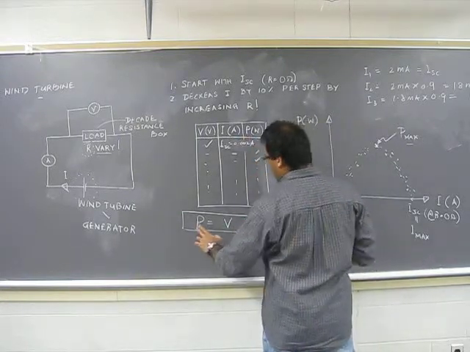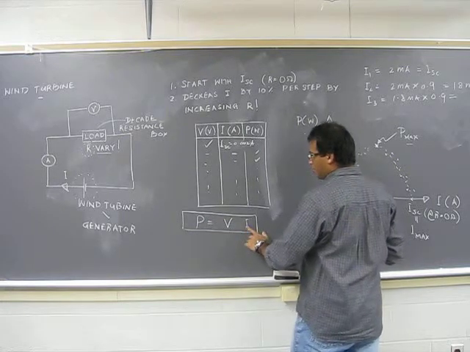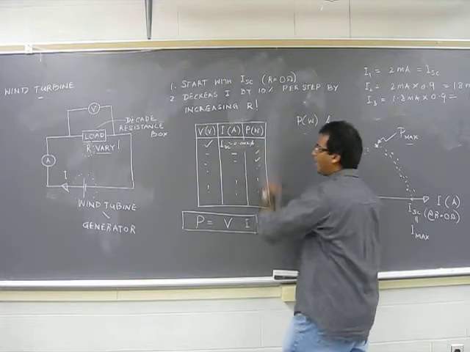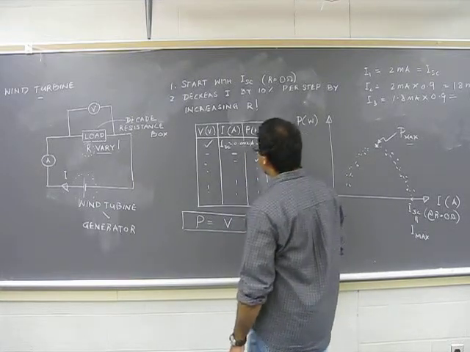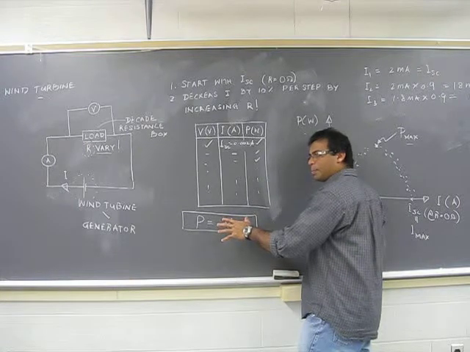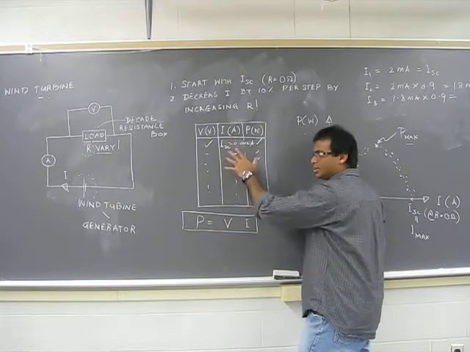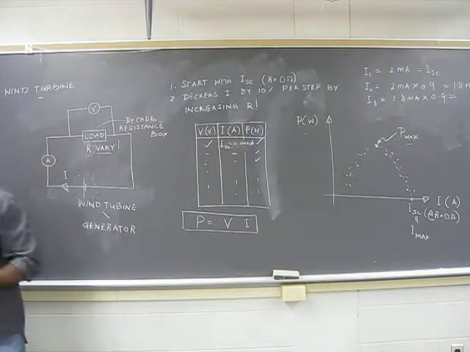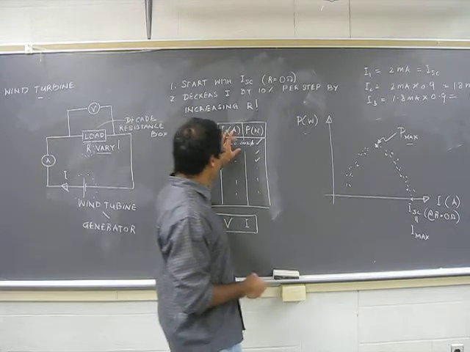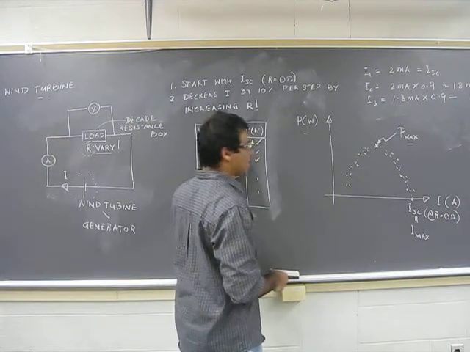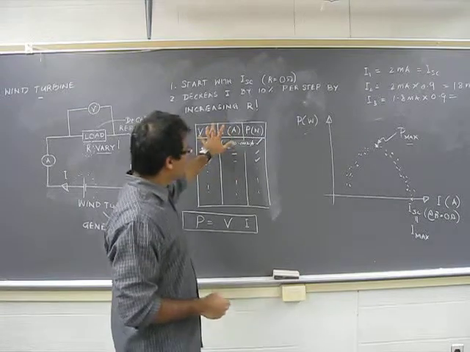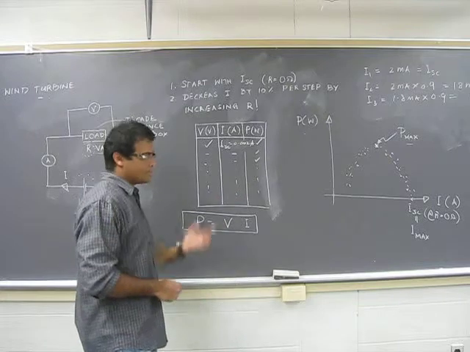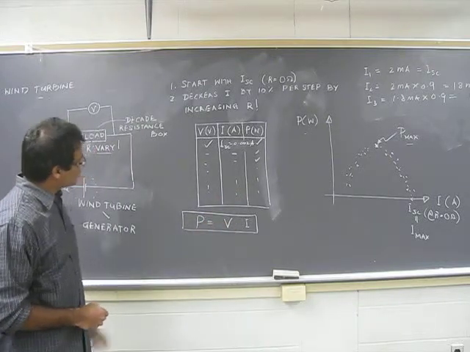Then from this formula, by multiplying current by voltage, you can get the power, and that's where your power is going to go. Make sure that the current given by the ammeter is going to be in milliamperes, and you have to account for that and convert it into amperes. Let's stick with amperes, volts and watts. I don't want millivolts and milliamperes, because it's kind of confusing at this level.